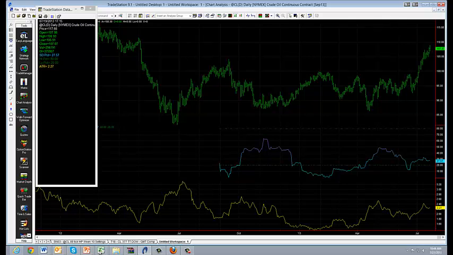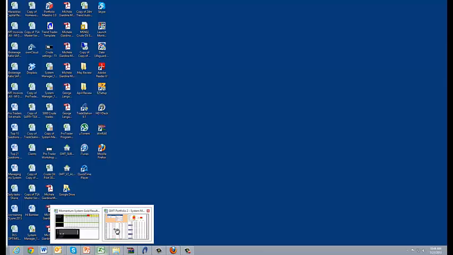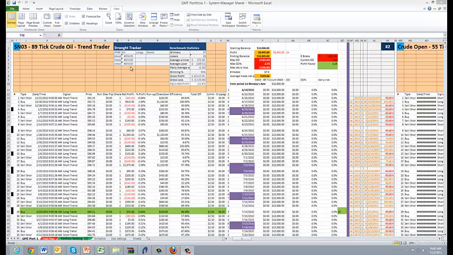Now remember, we're only trading for 10 minutes, so this is where you've got to be a little bit careful with your bias. Now there is a long bias on this market. However, our strategy on system number 3 is only trading 10 minutes a day. It's the market open 9 to 9:10. Now what's interesting with this system is that the strategy is working exceptionally well on the short side at the moment. So, if we have a look at our portfolio management spreadsheet here, crude oil open 89 tick, we've got